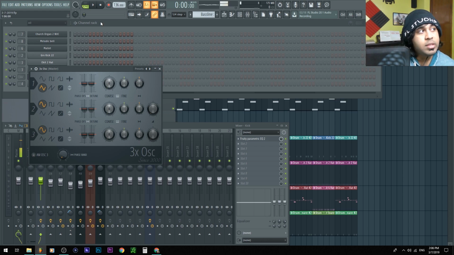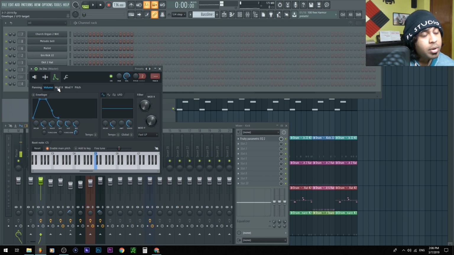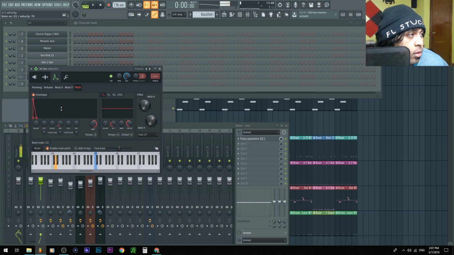Maybe I could change the way the sound works by clicking this gear, go into the envelopes, and probably playing with, perhaps, I don't know, the pitch, maybe, amount, drop it up. Nah, I don't want it like that. How about we make it like this? Something that happens quick. I don't know, it sounds pretty cool to me.